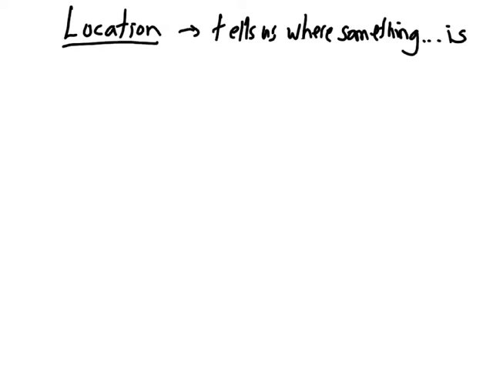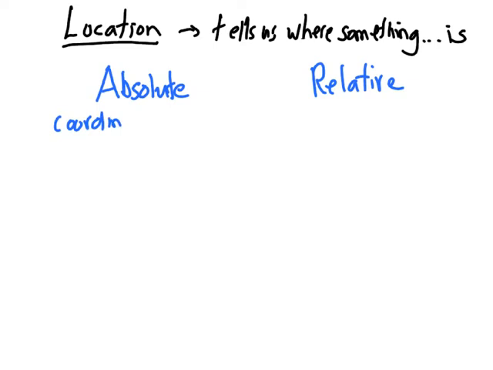We also saw we could look at location in terms of absolute or relative location. When we talk about absolute location, we're really talking about coordinate pairs, and we found out that having coordinate pairs is very amenable for entry into a computer and future manipulation. Those coordinate pairs could be either geographic coordinates